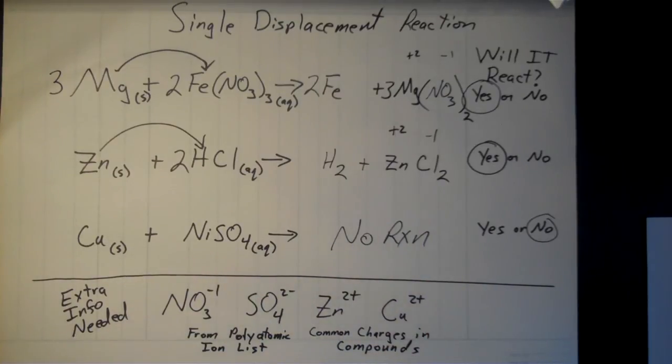And like I said, the last one here, we don't need to do anything with. We've already decided there's no reaction there, so why bother going ahead and writing it out? I gave us the information if copper was in a compound, but like I said, there was no reaction in that case, so we don't need to do anything with that. All right, and that's how you complete and balance single displacement reactions.